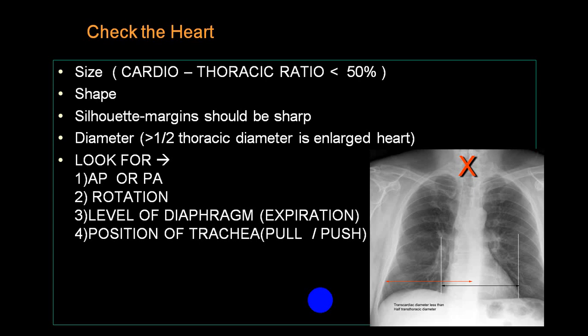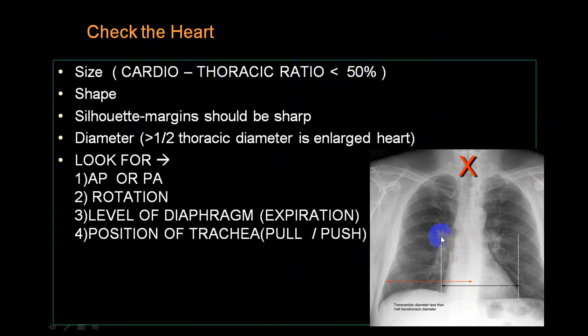Because the cardiac silhouette will be obstructed or overlapped by the opacity produced in the lung, close to the right border, say the right lower lobe, and on the left side, the left lower lobe and lingular lobes. In that case, the cardiac silhouette is obliterated. We call it the silhouette sign being positive. So you will not be able to identify the exact cardiac borders, and when you cannot identify them, you cannot calculate the cardiothoracic ratio. If the border margins are very clear, then you can identify the cardiac border and the cardiothoracic ratio.